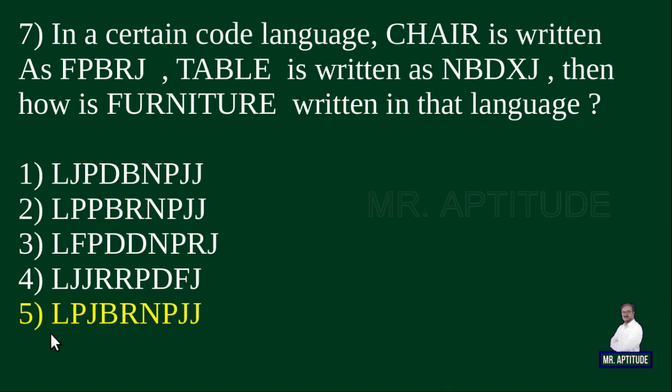I know that the answer is the 5th option, but let me check this way. I need not calculate the first letter. Let us go with the second letter and let's see what happens. I can definitely eliminate two options here. U, 21st letter. 21 2 times, 42. 42 minus 26 gives you 16. The 16th English alphabet is P. My second letter should be P. So my answer will be either the second option or the fifth option.